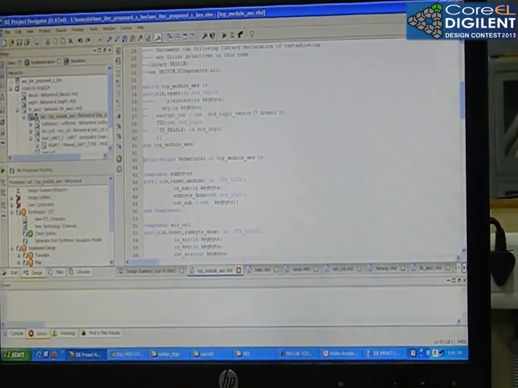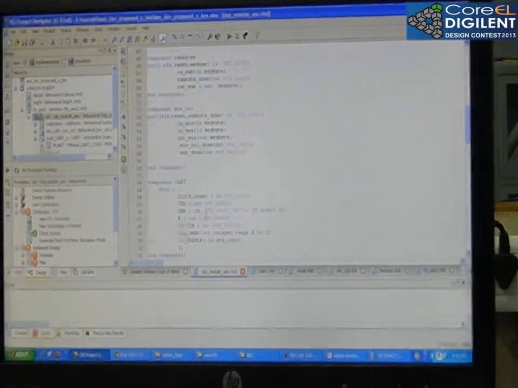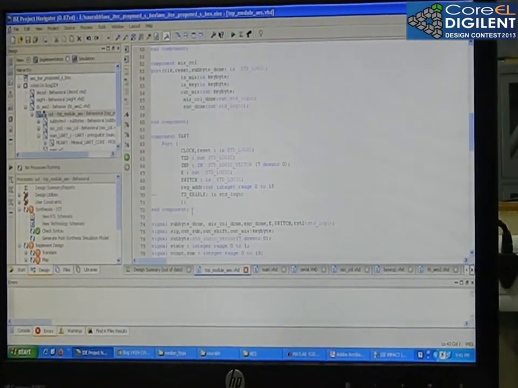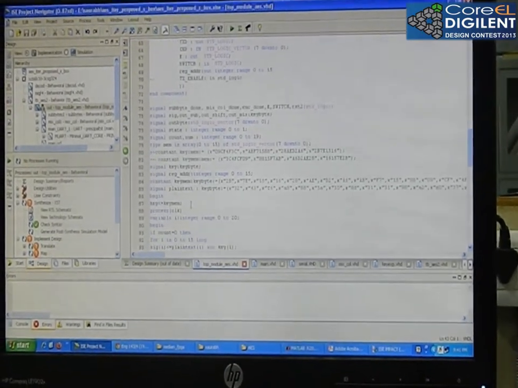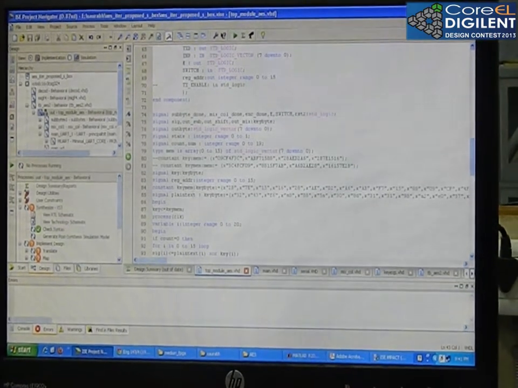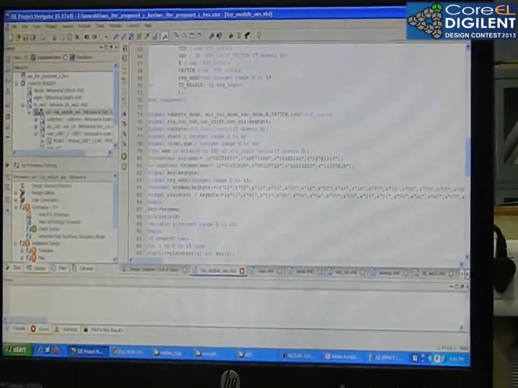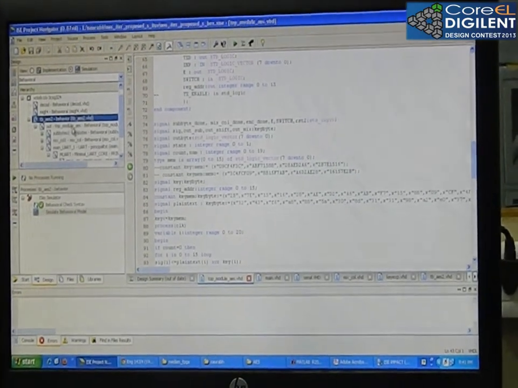This is the component SubByte transformation which is used, and this is the MixColumn. This is the UART component which is used to transmit the data from hardware to PC. Here this is the key which is used for encryption and decryption. This is the plain text. Randomly these are taken, and now we will see the simulation result.